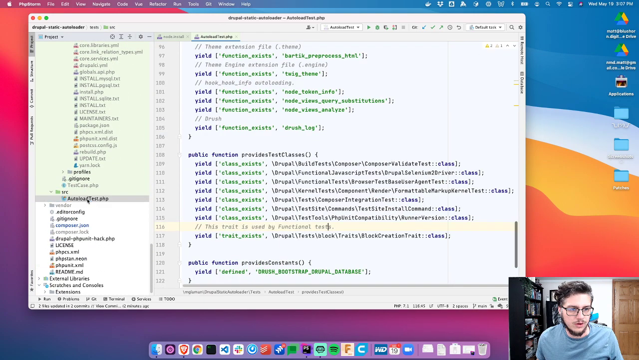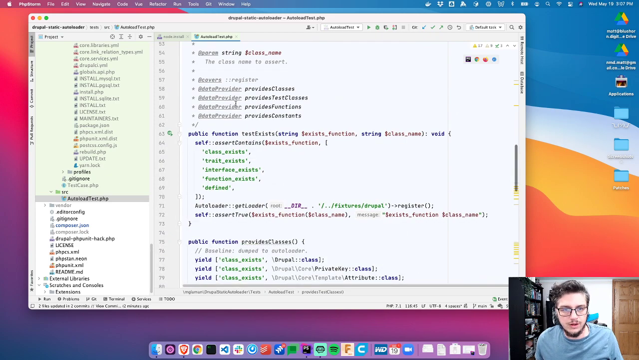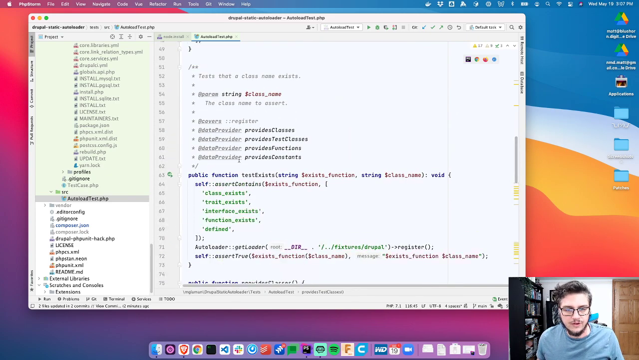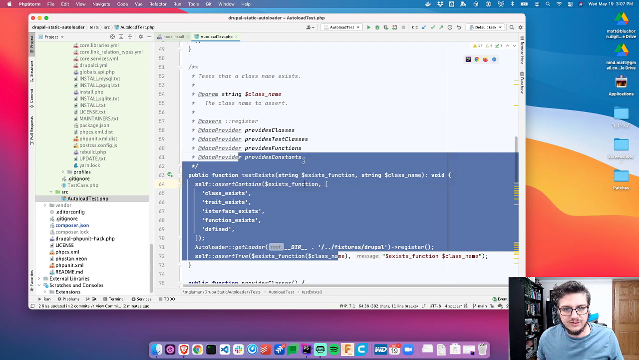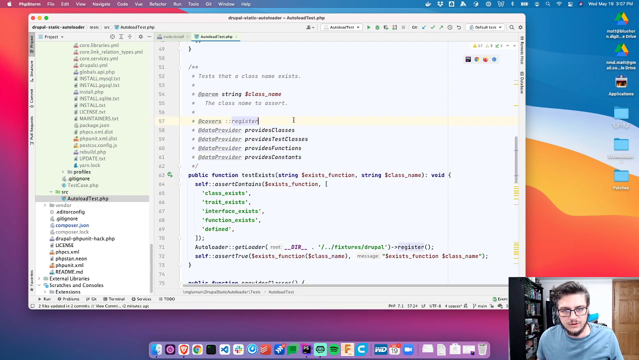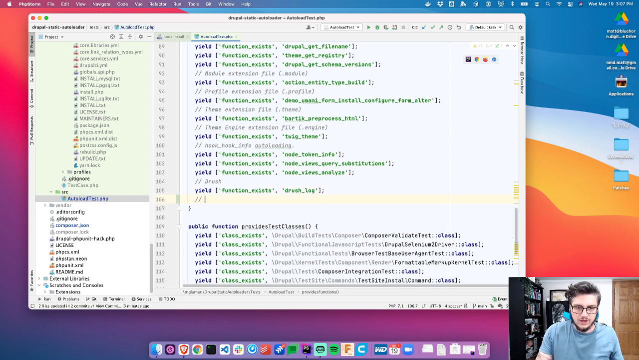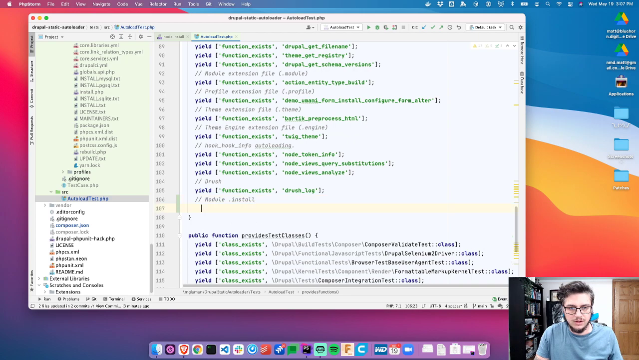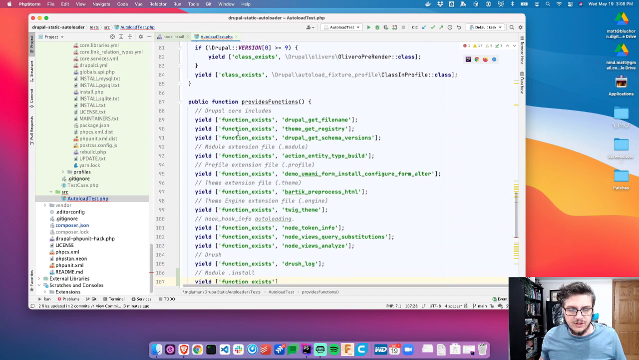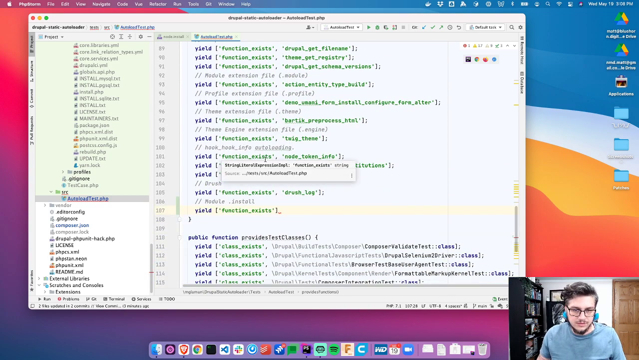So again, we can go to the autoload test. This is why I really love data generators, is I have one method and it's testing all these different things. So provides functions, brush, we've got module.install. So yield function exists. I just wish there was a way to automate having to say what the exist function is, but